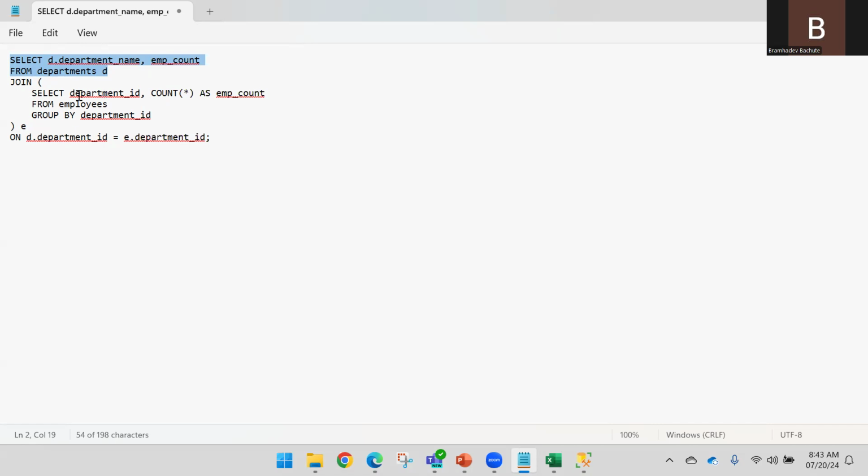And then I will take select employee ID, count of employee ID, count of rows, as employee count from the employees. Obviously, the department table will not give us the count of employees, so we need to bring the count of employees by department name from the employee table using group by. So this is what it is here. And then